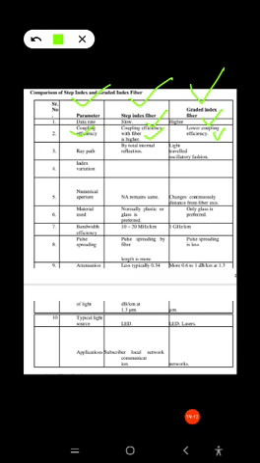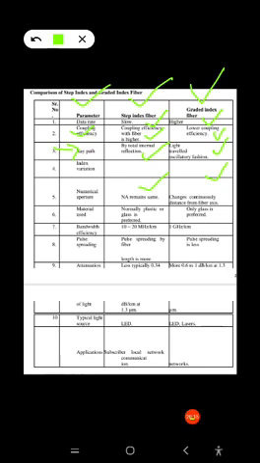And the third one, ray path. It happens by total internal reflection in step index fiber, and in gradient index fiber the light travels in an oscillatory fashion through the optical fiber. Next, the index of refraction is different, as we have just seen. Next, numerical aperture, which we will see in the next video. Numerical aperture is the same for step index fiber, and it changes continuously with the distance from the optical fiber axis.